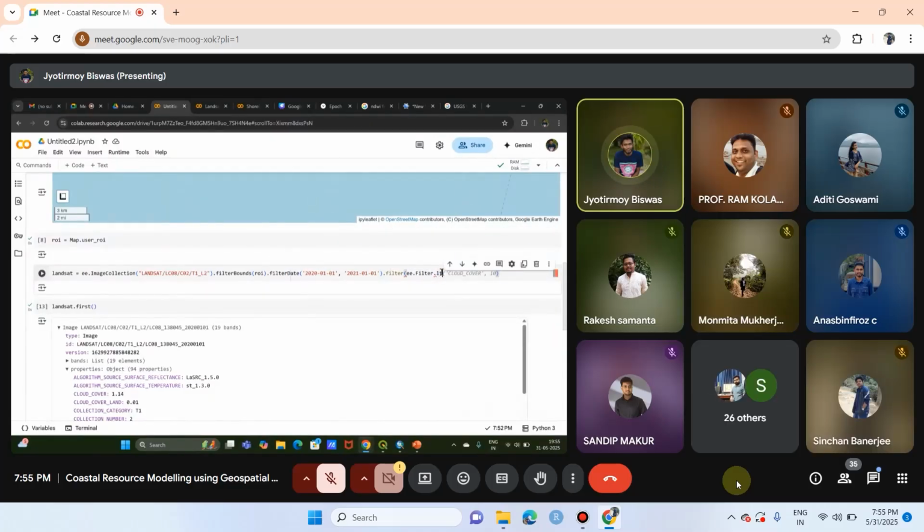We will say LT. LT is nothing but less than. And another option is there, LTE, less than or equal. Similarly, you can use GT for greater than or GTE for greater than or equal. But for cloud cover, we will prefer LT, less than, or less than or equal. So within less than or equal, within quotes, we will use the property name which we have copied, cloud cover, and